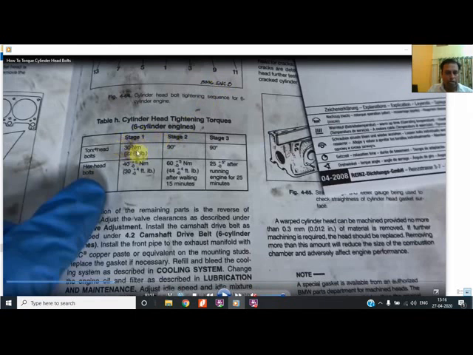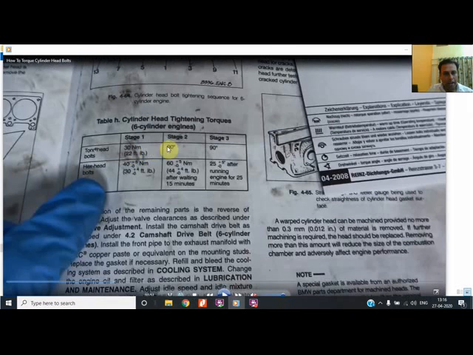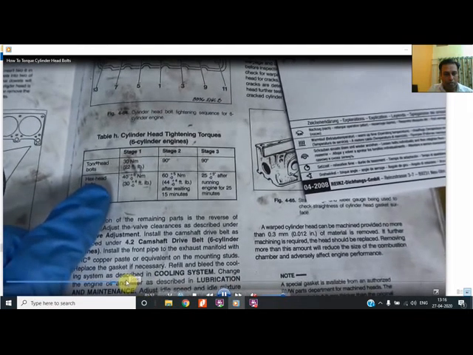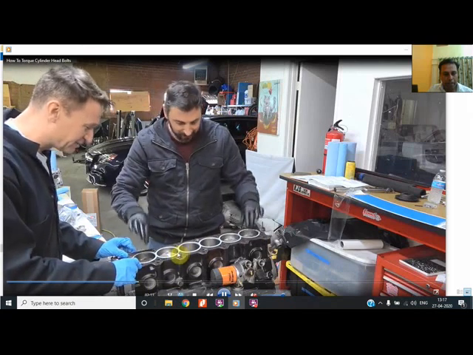Firstly we have to give a torque of 30 Newton meter with a torque wrench. As soon as it slips or a clicking sound is heard, we will remove that torque wrench and set it to a higher torque, above 30, so that it doesn't slip, 40, 50, whatever we want. And then we will rotate the nut 90 degrees more and then again 90 degrees more. Means after a specific torque we will give angular torque. Angular torque is given by an angular torque wrench, because very much strength is required. Now he has placed the gasket.